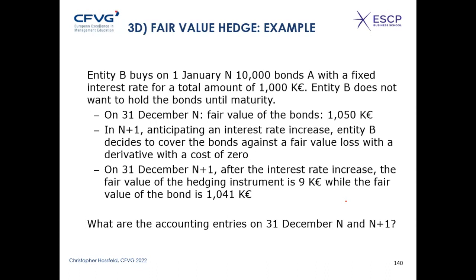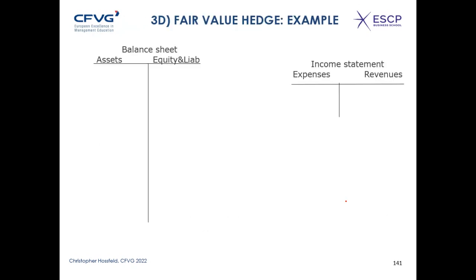On December 31st of N+1, so 1 year later, after the interest rate increase, the fair value of the hedging instrument is now 9, so that's the derivative, while the fair value of the bond is 1,041. What are the accounting entries in N and N+1? So here we go. In N, what happens? Well, first we buy the bonds for 1,000. So there will be a cash outflow of 1,000, and I recognize a non-current financial asset for